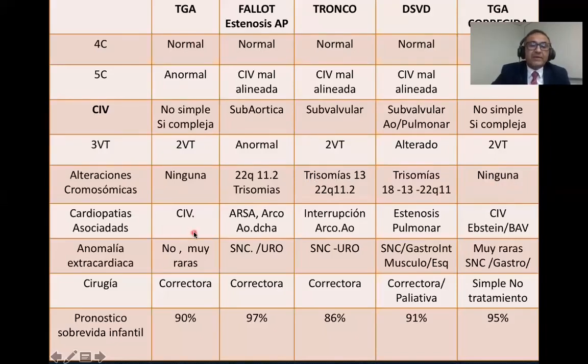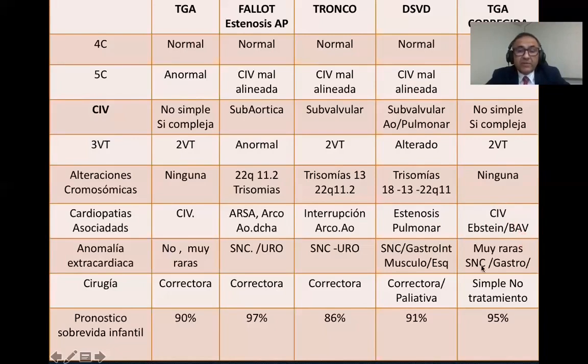Associated heart defects may be present. In arterial transposition, there may be a ventricular septal defect. In Tetralogy of Fallot, there may be an aberrant right subclavian artery and a right-sided aortic arch. In Truncus Arteriosus, there may be interruption of the aortic arch. In double outlet right ventricle, there may be pulmonary stenosis and there may be aortic stenosis. In congenitally corrected transposition of the great arteries, associated heart defects may include a ventricular septal defect, an Epstein anomaly,